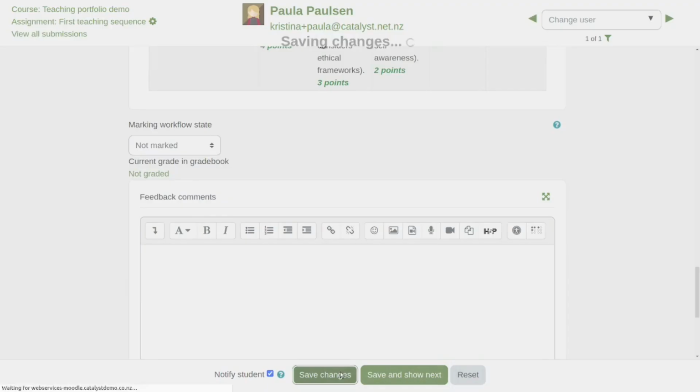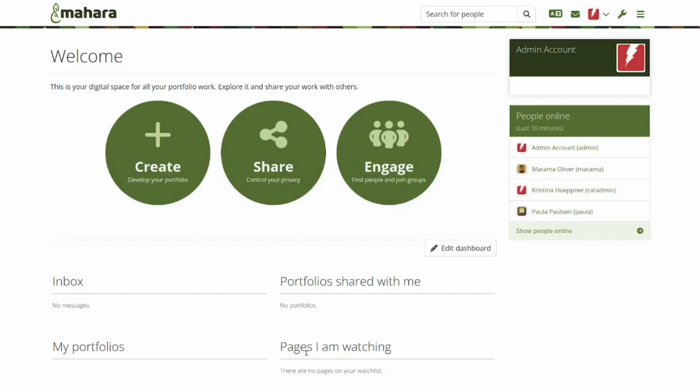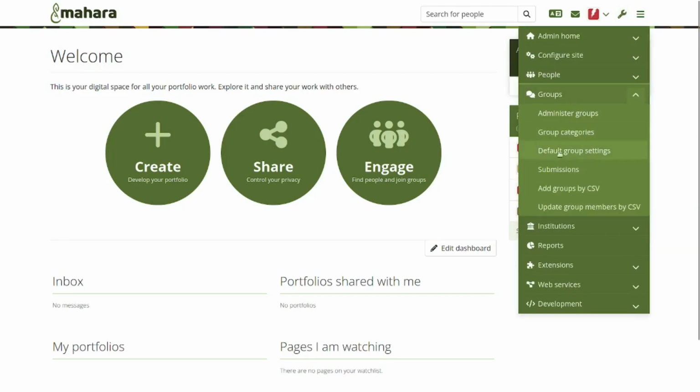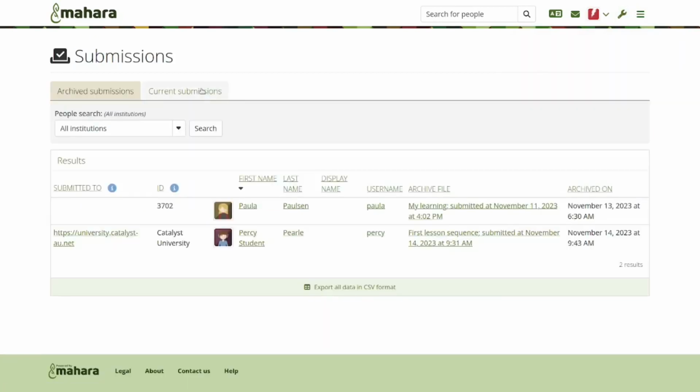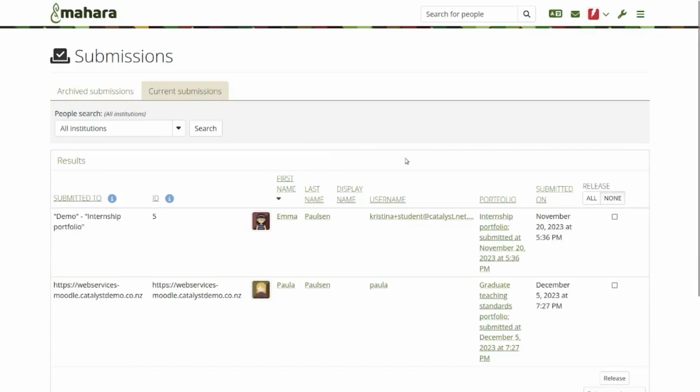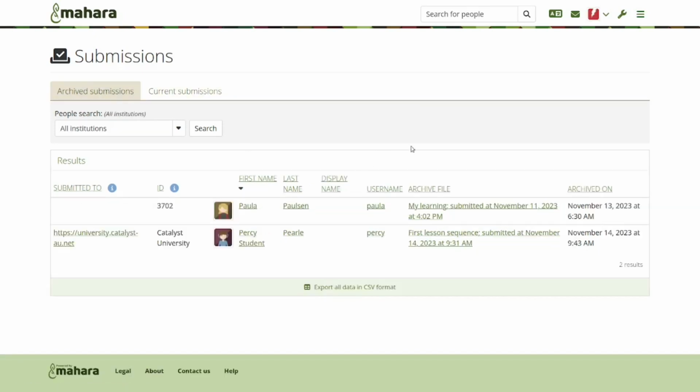I also have other grading options available, like opening the portfolio for another attempt if the assignment settings allow for that. Once grading finished, an archive is made of the portfolio automatically on the Mahara site if I enabled that setting in the Moodle assignment. As long as the archive is pending, I can see it under Current Submissions in the Administration Groups area. The archive is made based on the server resources that are available and then according to a cron schedule. Once the archive has been made, it is available for download via the Archived Submissions tab in Mahara.